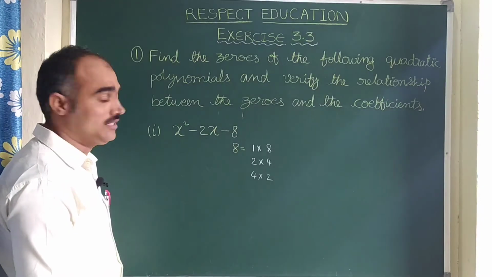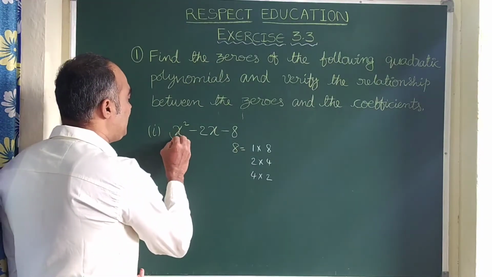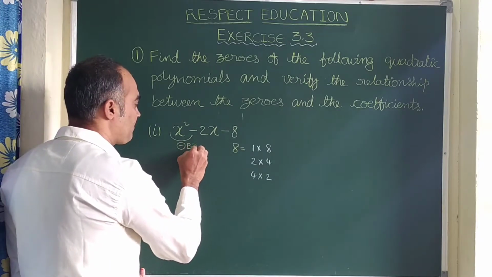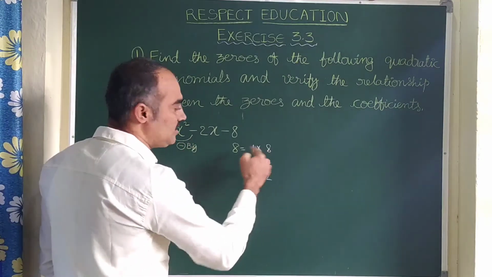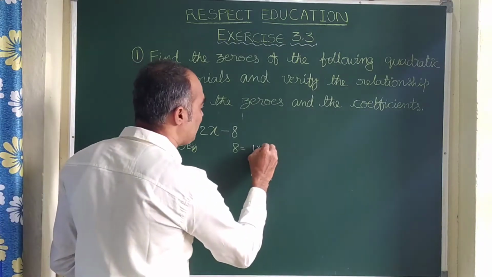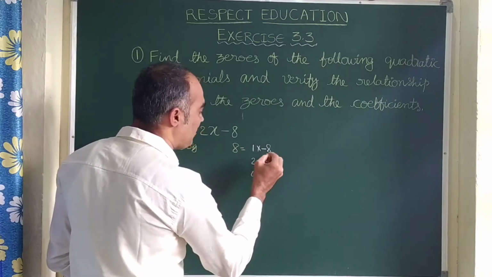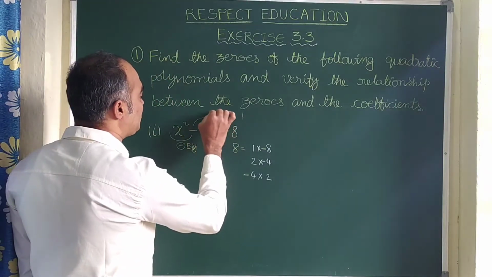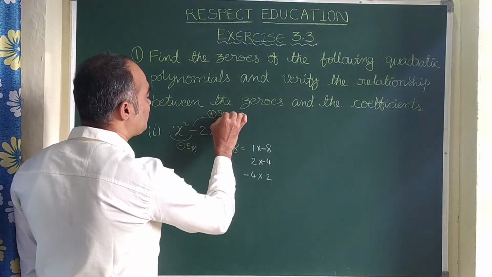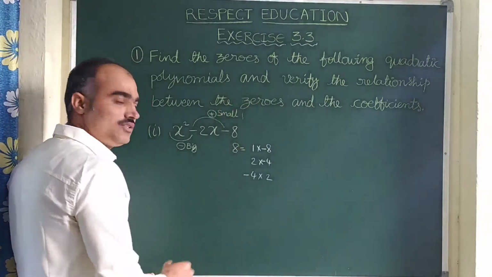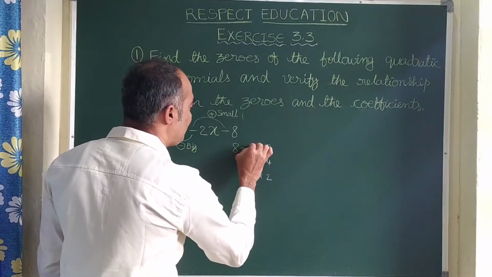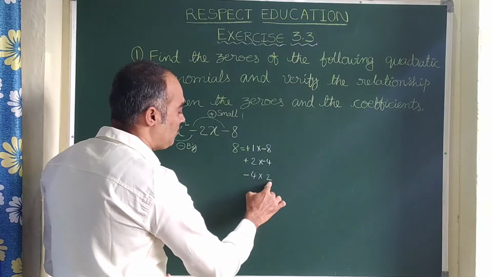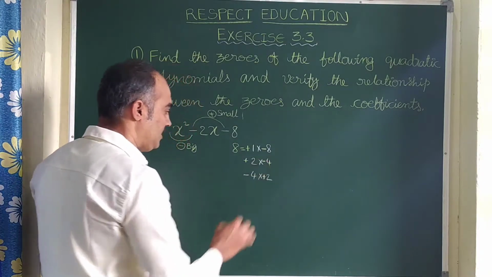Now giving symbols. Here plus into minus, minus is for the bigger value. See here in these two, 8 is bigger, that is to be given minus. Here 4 is bigger, minus. Here 4 is bigger, minus. And minus into minus is plus, that is to be given for the smaller value. So here in 1 and 8, 8 is small, so I am giving plus. Here 2 is small, I am giving plus. Here in 4 and 2, 2 is small, so I am giving plus.